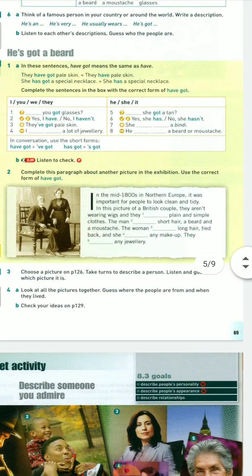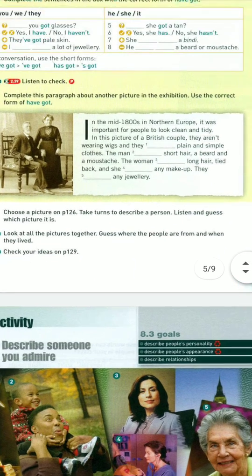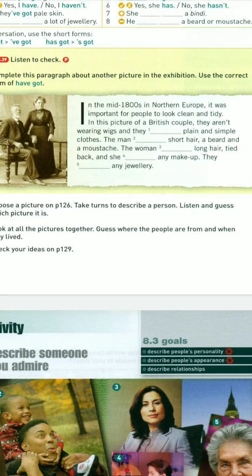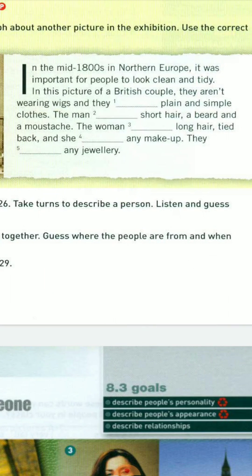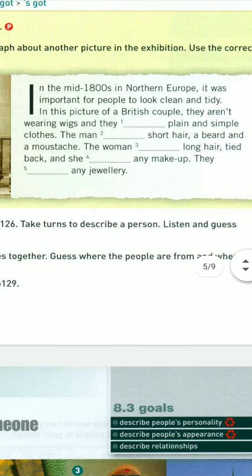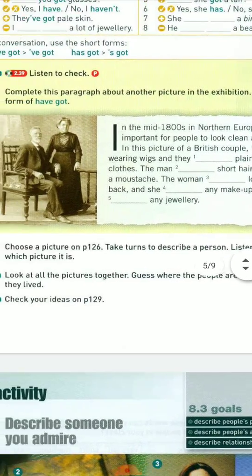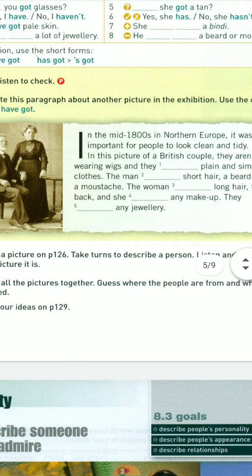Complete this paragraph about another picture in the exhibition. Use the correct form of have got. So read the text, take a look at the subject, complete it, and then come back to the video. In the mid-1800s in Northern Europe, it was important for people to look clean and tidy. In this picture of a British couple, they aren't wearing wigs, and they, plain and simple clothes. So, and they want plain and simple clothes. What did you put? Remember, and they